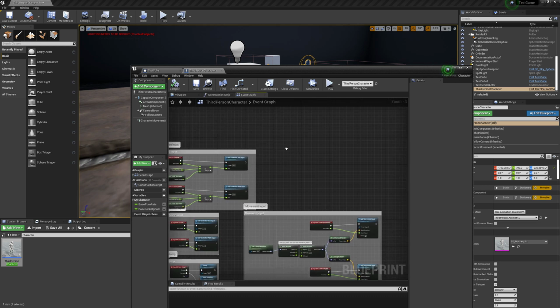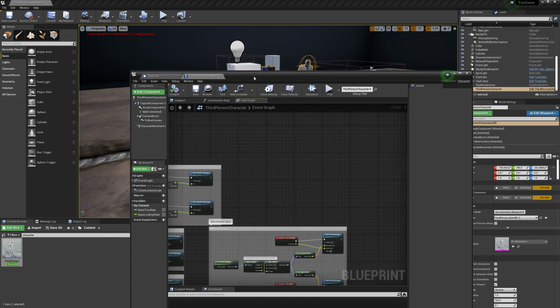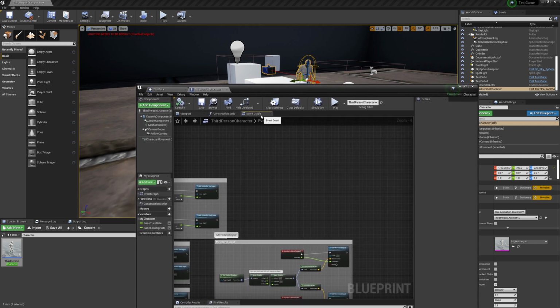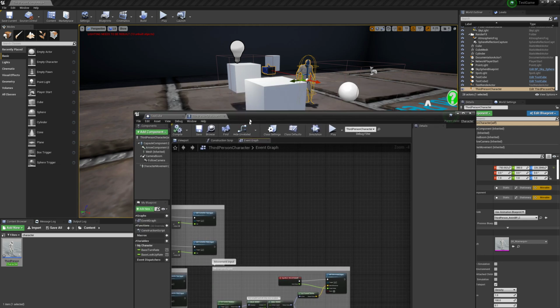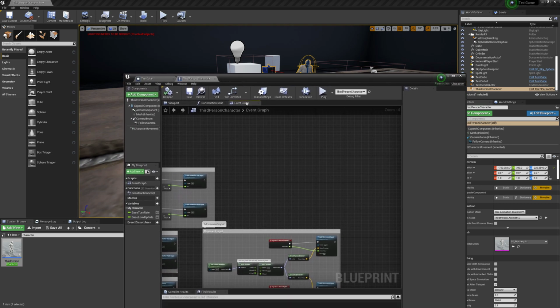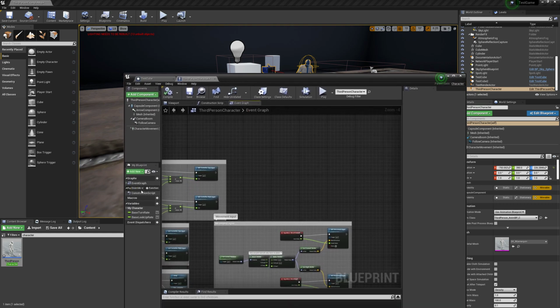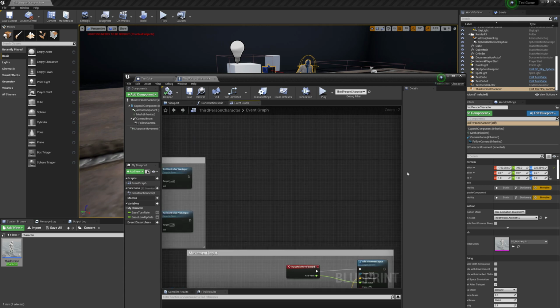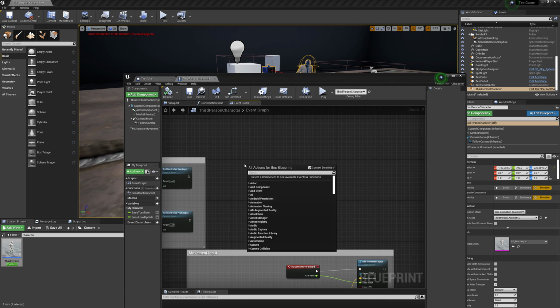So in here, what we want to do is create a bunch of code called an event. There's functions and events that will give a point to the player. Functions are a little bit more complicated than events just because they have a return type. If you're not familiar with programming, just stick to events for now. You can do pretty much everything that you want to do in events,